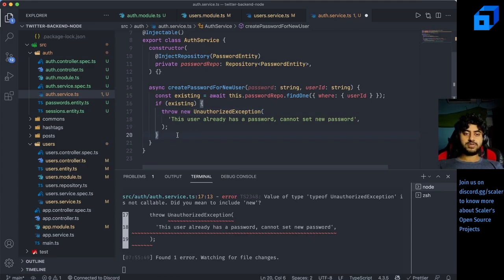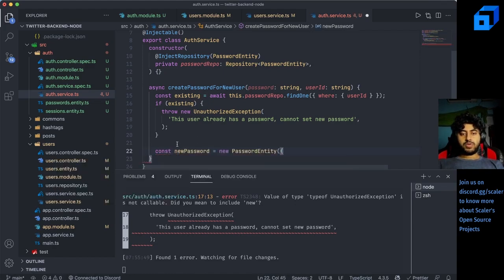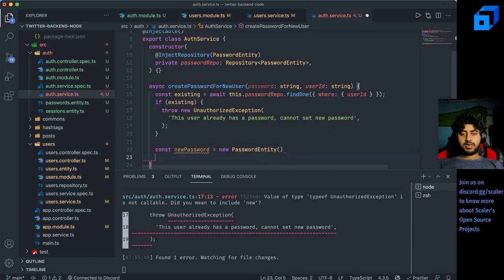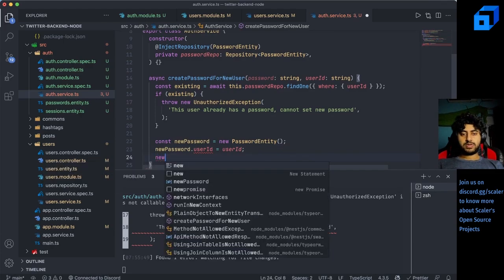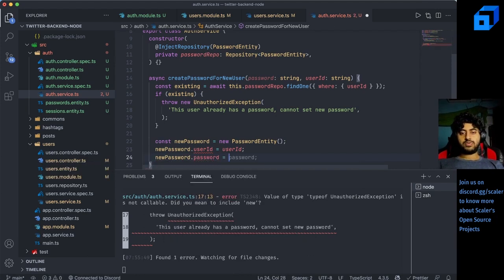So if existing, if it's not existing, then we do, yeah, const new password equal to new password entity, and we do newPassword.userId equal to this, newPassword.password equal to, since